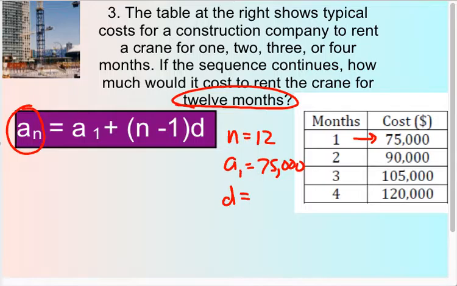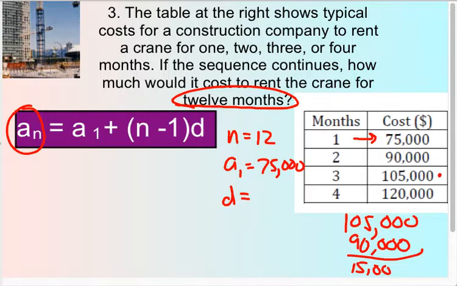I'll just pick any one here. I'll go with this one, 105,000, and subtract the previous term, 90,000. If you plug that into your calculator, that's 15,000. And it does look like 75,000 plus 15,000 would be 90,000, so on and so forth. So our common difference